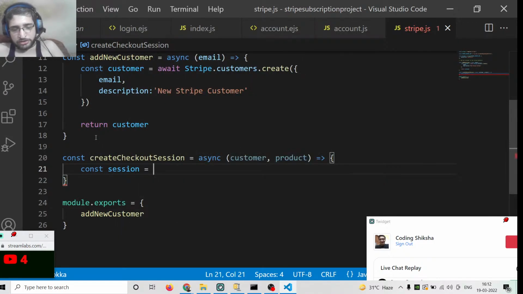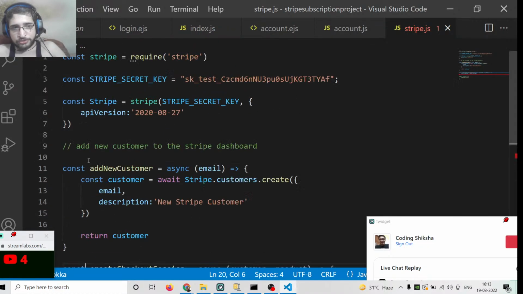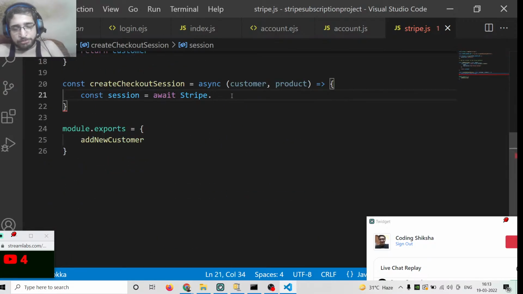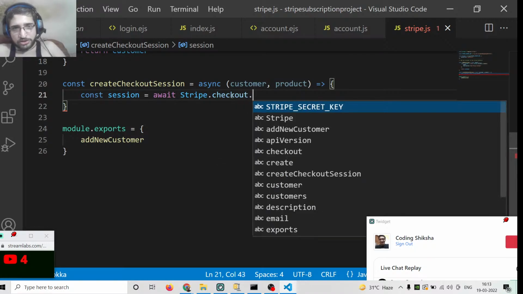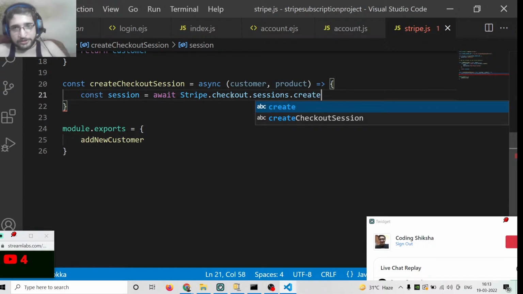As this is an async function, we can use the await keyword right here. This contains stripe. If you see, we have included the stripe dependency, which is stripe. This stripe contains a method which is stripe.checkout.sessions.create, and